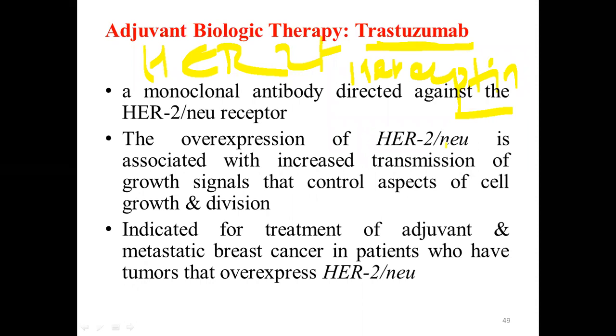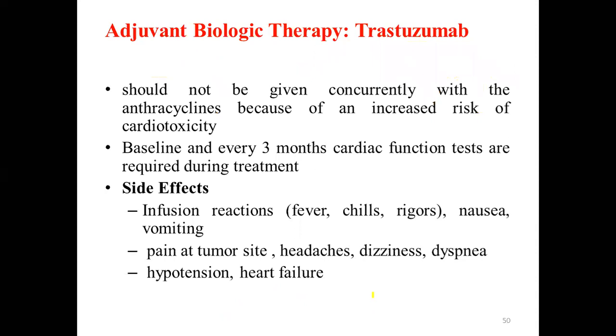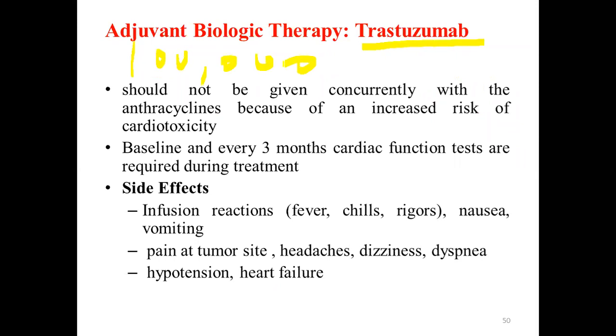So if a patient is HER2 positive, make sure they get what? Trastuzumab in the treatment. But the problem is, do you know how much one cycle of trastuzumab costs? 100,000. That is the cost of the medication alone. Because of that, most of our patients don't get the full cycle.